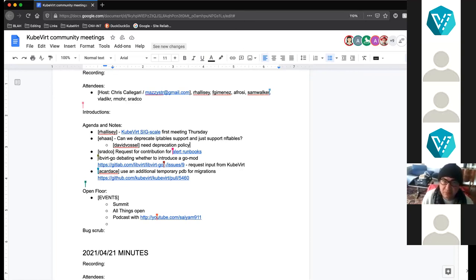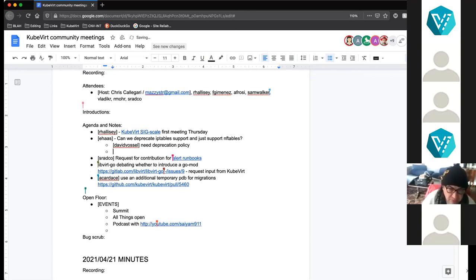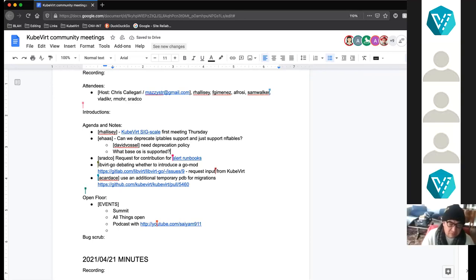I don't know if upstream KubeVirt, because that's the forum and discussion here, the context, I don't know if we have an official policy about what we do and do not support in terms of the base OS. No, we don't. Yeah. But this is a problem, because this is what we can break. I mean, we can assume something now, and it may not be there on a different distribution, but we don't test it, and we don't even declare what we are saying.